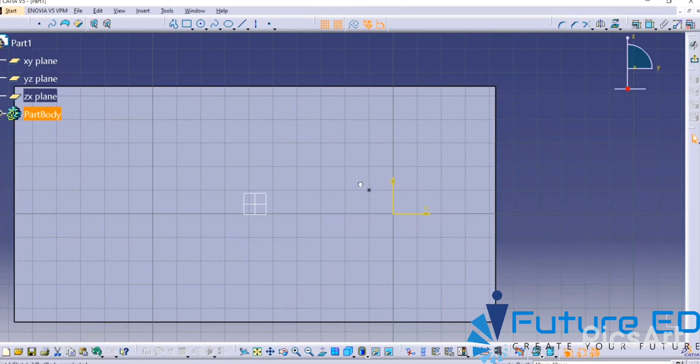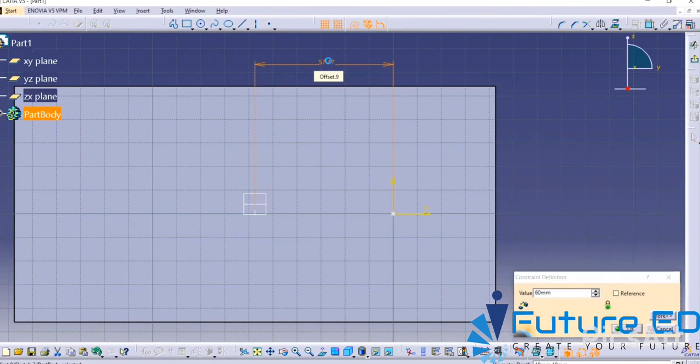The hole has not been constrained, so we need to constrain the hole. So we need to provide the dimensions. From the hole to the plane, we'll give 60.